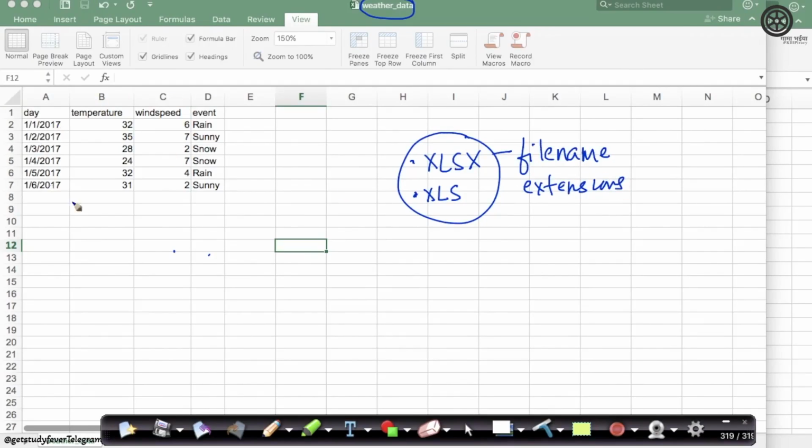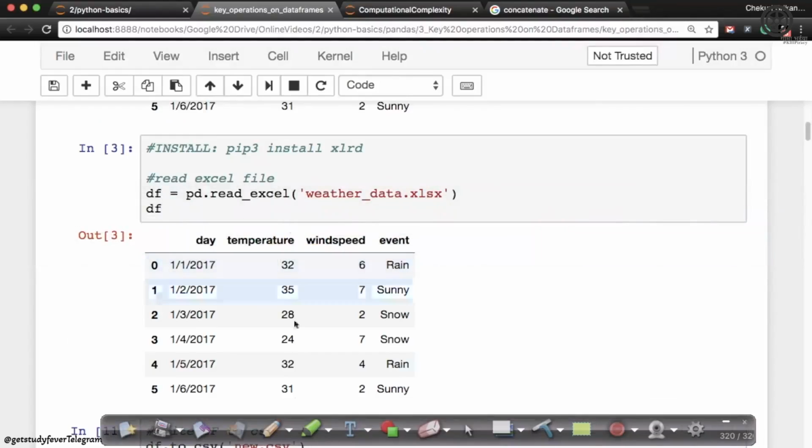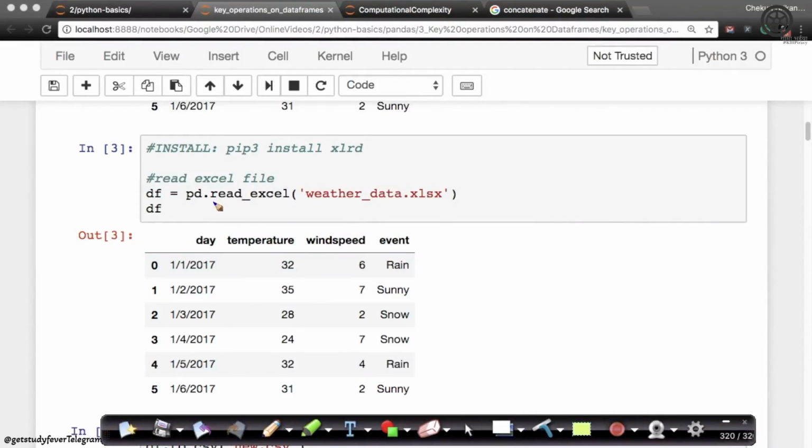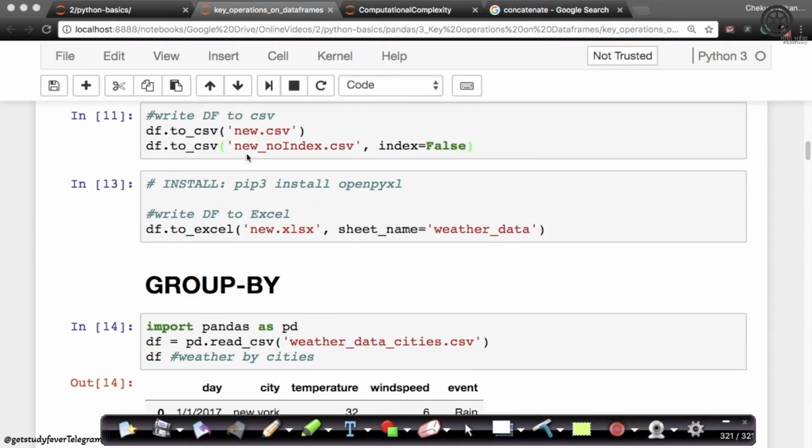As you will notice, this can be loaded using Microsoft Excel, and that's what we're doing here. Now let's go back to our code here. Of course, I can simply load the data again using read_excel. I just have to give the name of the Excel file. It loads the data exactly as you expect, right? Earlier we had read_csv for CSV files, and here we have read_excel. It's literally one line of code to load data. Now, if you want to store data to a CSV file, how do you do it? Imagine I have my data in a data frame.